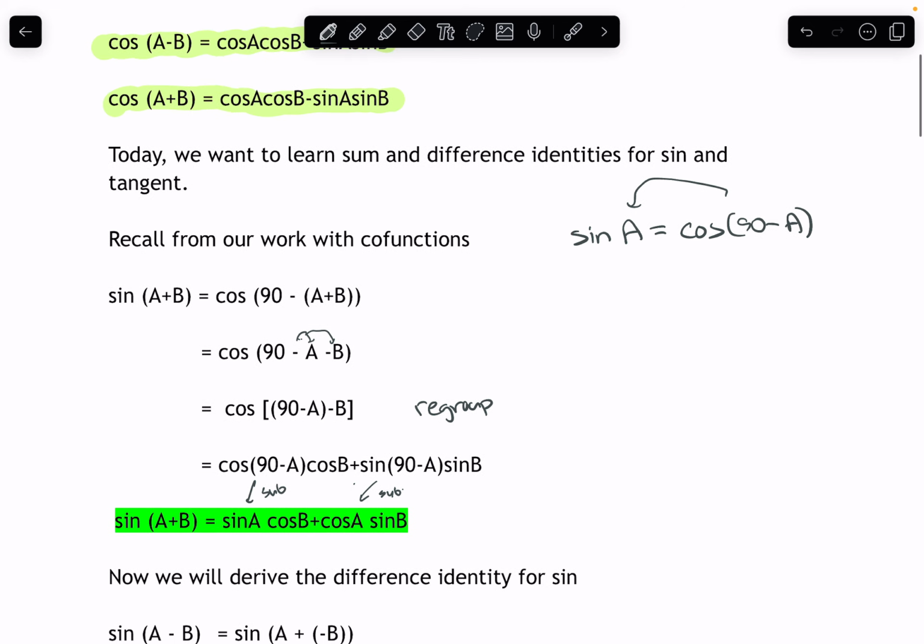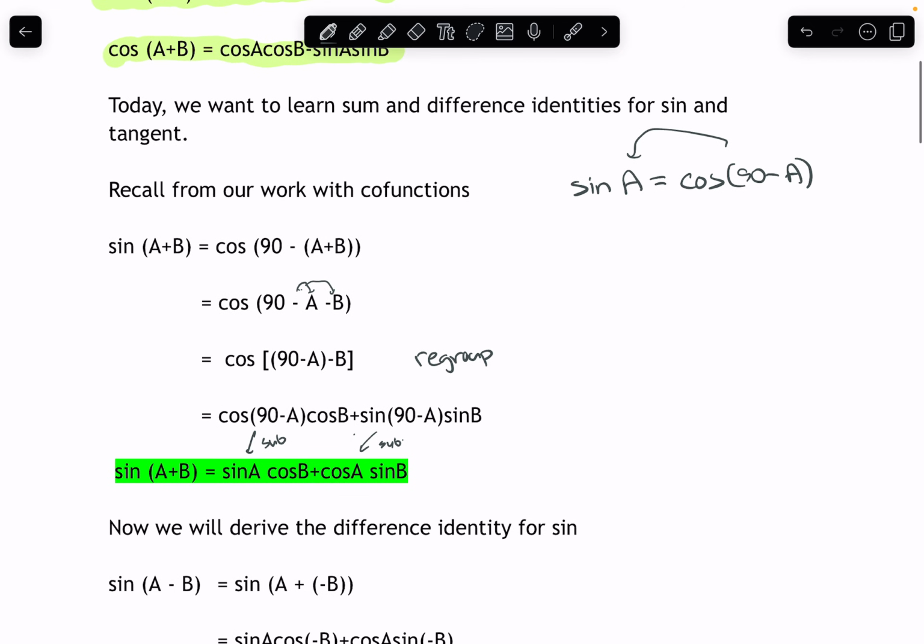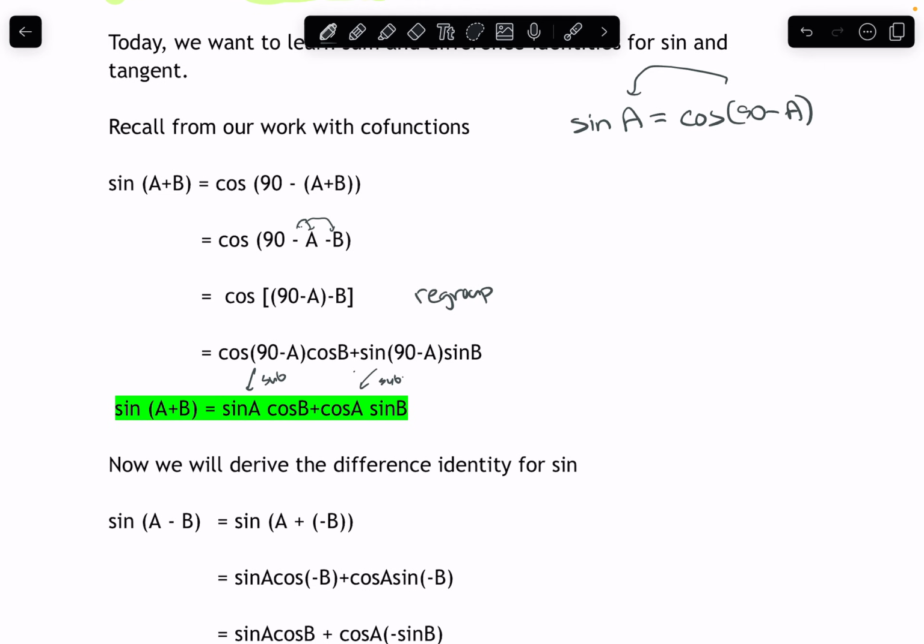Next up, we'll do the difference identity for sine. Similar to how we learned the difference identity for cosine yesterday, the sine of a minus b, well, a minus b can be thought of as a plus the opposite of b. So then, using the new identity we just found, we have sine of a cosine of negative b plus cosine of a times the sine of negative b. And remembering our even and odd identities,